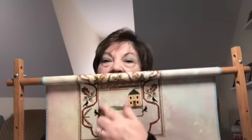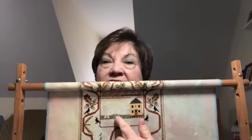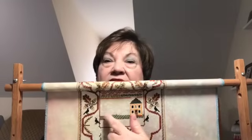I just wanted to put a little more into the picture in the middle, because this is quite heavy with stitching. There's a scarecrow here, there are 2 trees here, a ladder, there's some 1/1. There's a black cat and a bird in here that are going to be 1/1 stitching. And